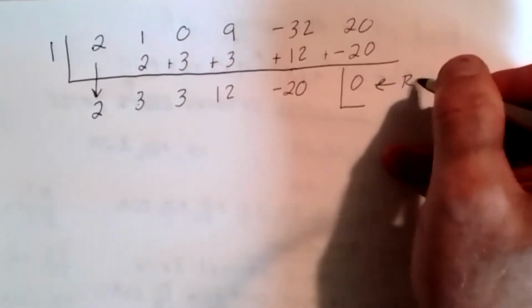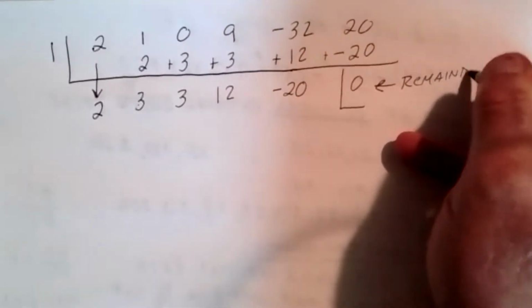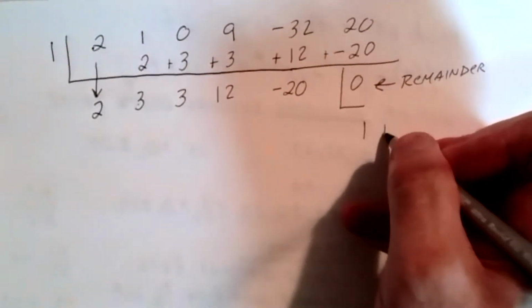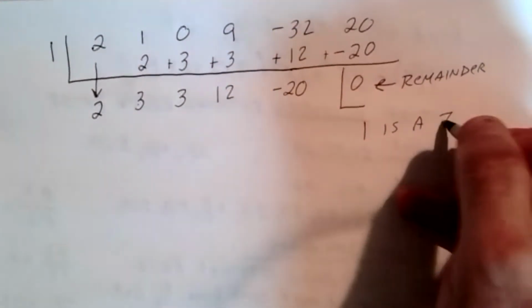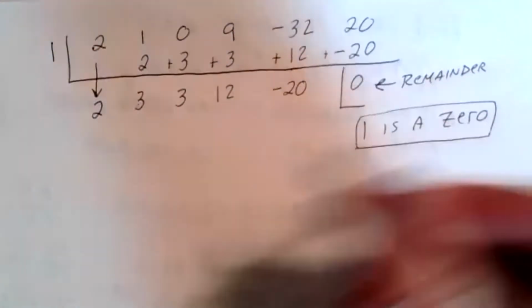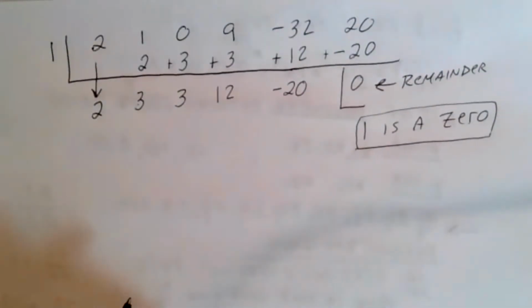And ladies and gentlemen, because we get a 0 remainder, we would conclude that what? 1 is a what? 0. 1 is a 0 of our polynomial function. We found a 0. 1's one of them. Once you crack the ice with one of them, usually the other ones come easier. Okay. Now,